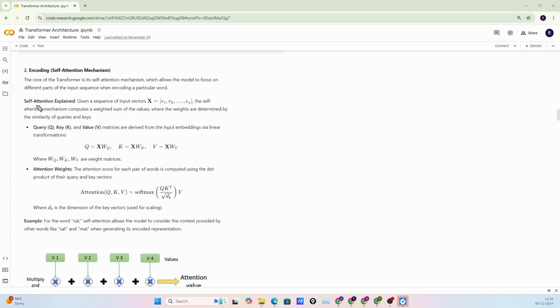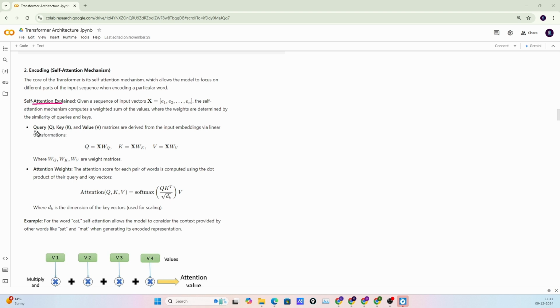So let me discuss the self attention. Self attention is basically the core of the transformer. It is the main concept behind the transformer, how the transformer understands the context. So self attention provides the capability to the transformer to understand the context and the long range context in the case of sentences or big paragraphs or a large number of words. So here is the core part of the transformer.